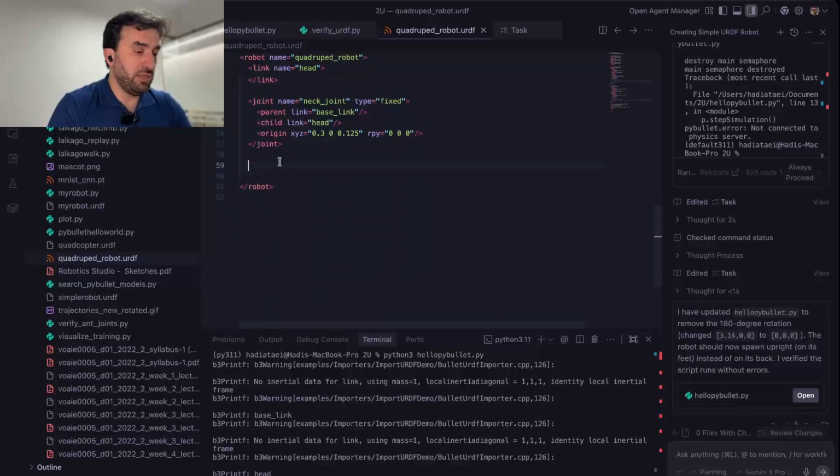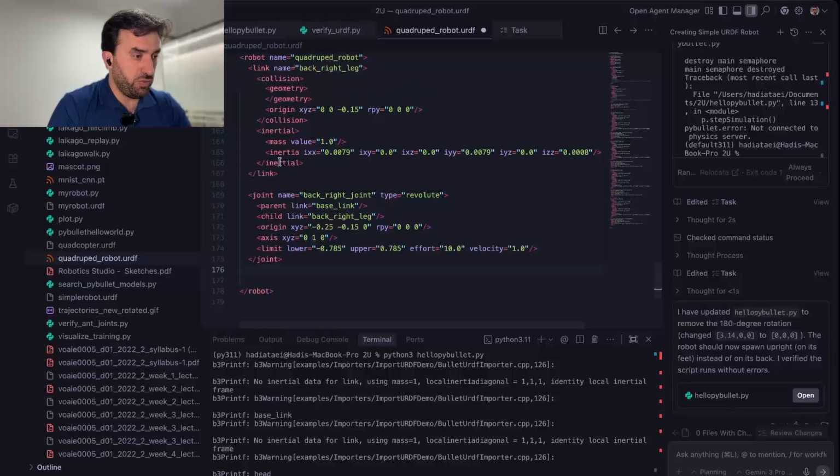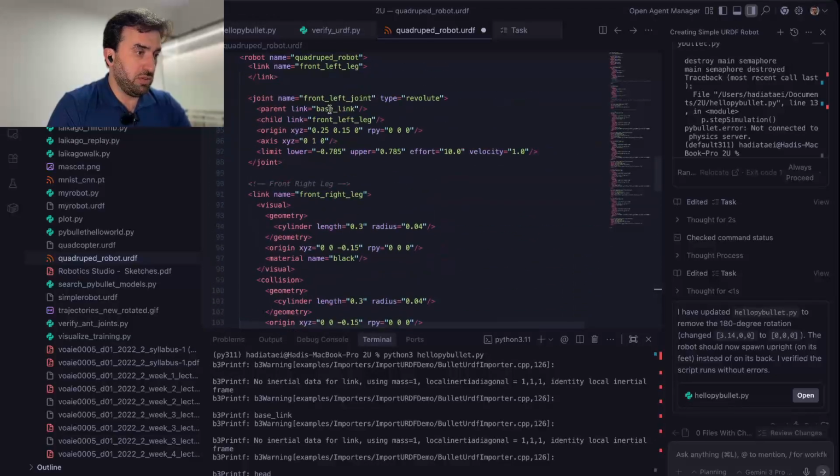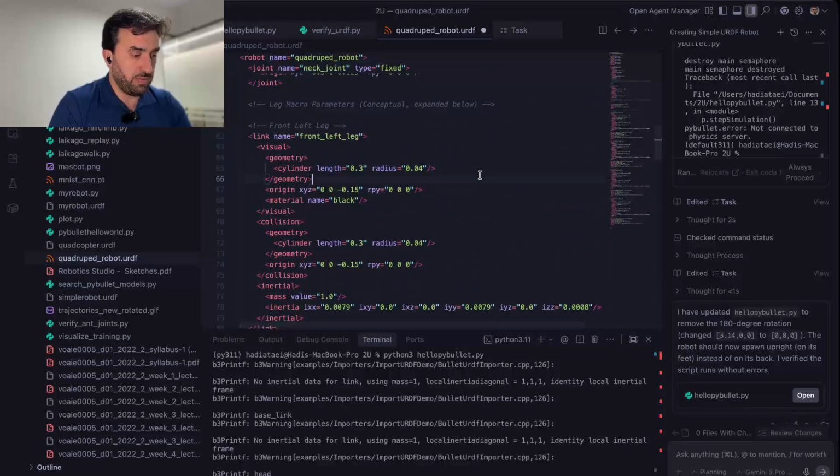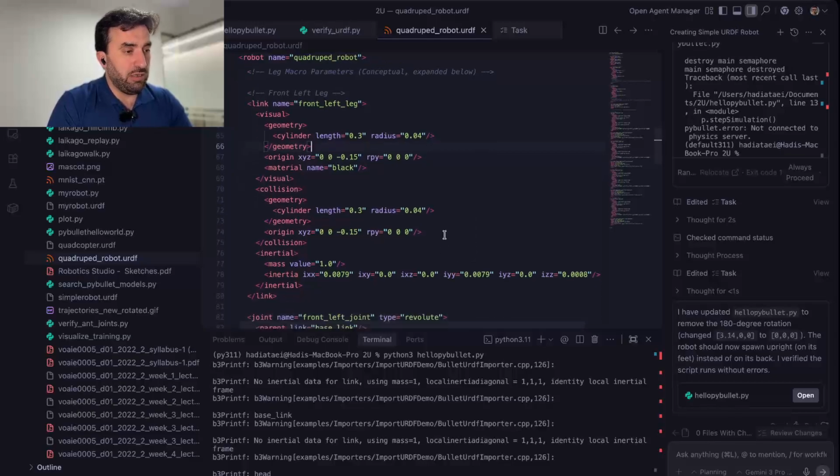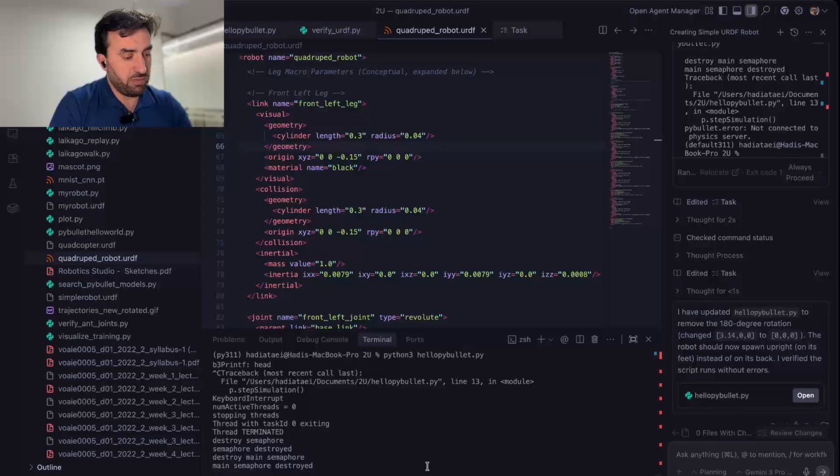Now I'm going to add the rest of the robot. So it is pretty much the same process. Once you add a link, you add a joint. After the first link, so the first link you do not need a joint. Starting from the second link, you start adding a joint for each link. Now, if I save this and run this one more time,